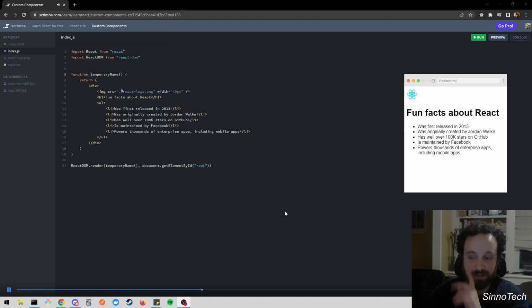I need to capitalize the first letter of my component. And secondly, instead of just calling this function with parentheses like we might be used to, we need